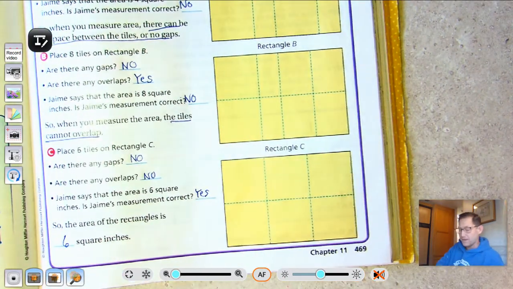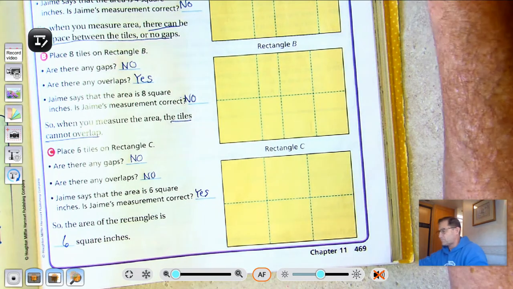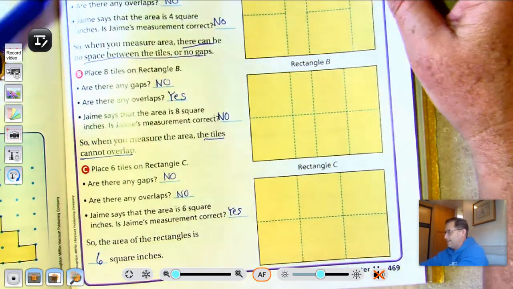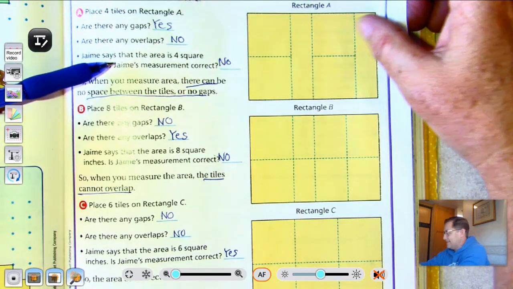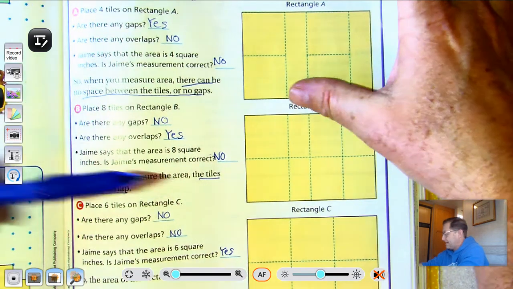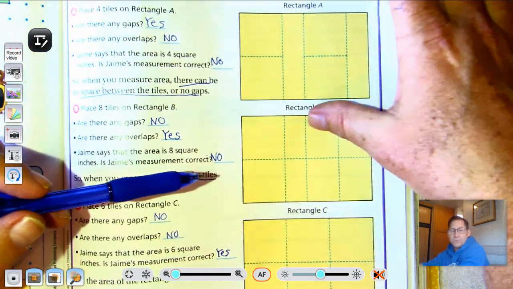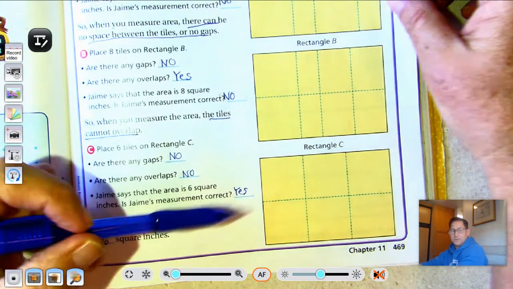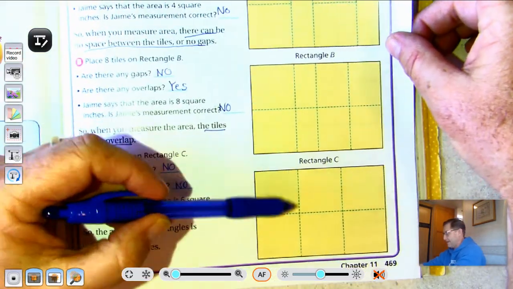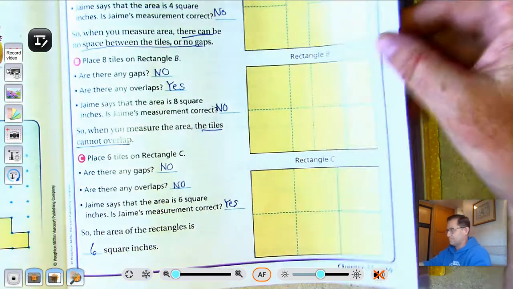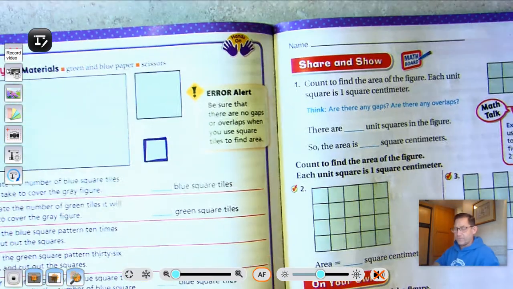Okay. So that's one activity. So in that activity, we learned that the area of a figure cannot have any gaps when we're counting, and it also cannot overlap. We can't have squares overlapping each other. Okay. So the squares need to be sitting right next to each other and not overlapping. No space, no overlaps. All right, so for activity 2,